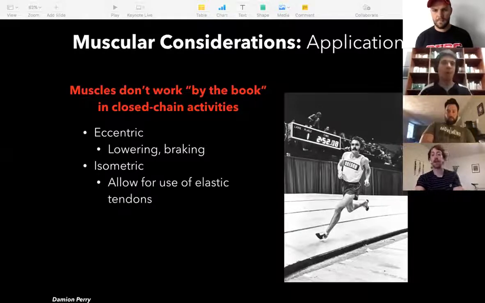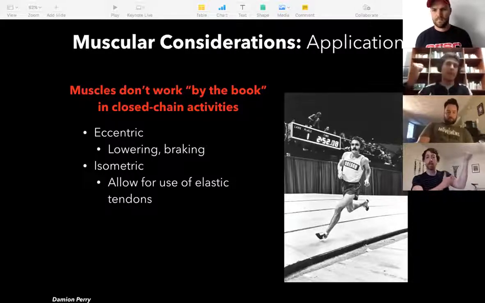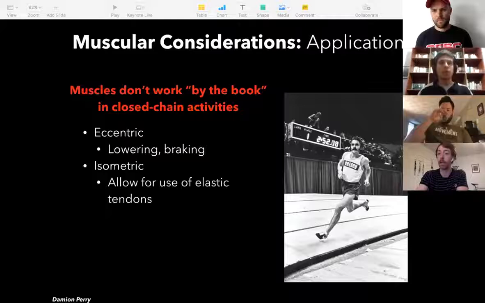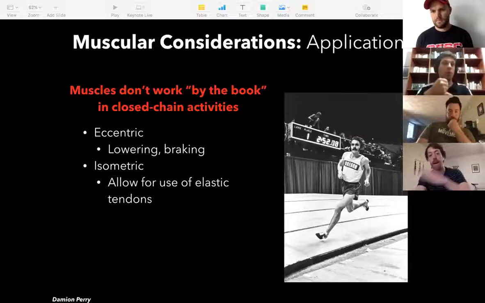So in this case, it allows for elastic tendon use. Before we were talking about bicep curls: you curl up, you stop in the middle, you admire your biceps, and then you eccentrically lower back down. But in regards to something dynamic like running, we create an isometric contraction of our calves to allow our Achilles tendon to do what an Achilles tendon likes to do, which is snap and help us elastically bounce to